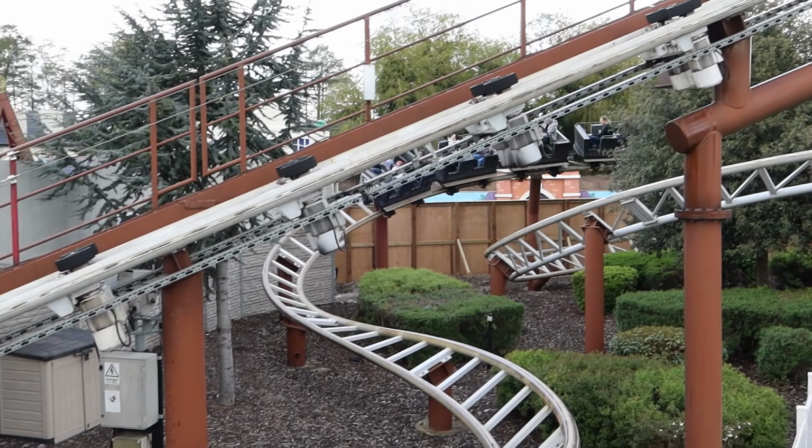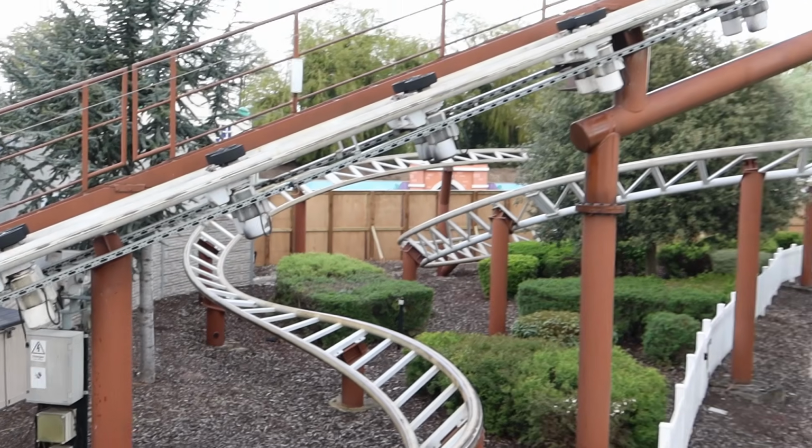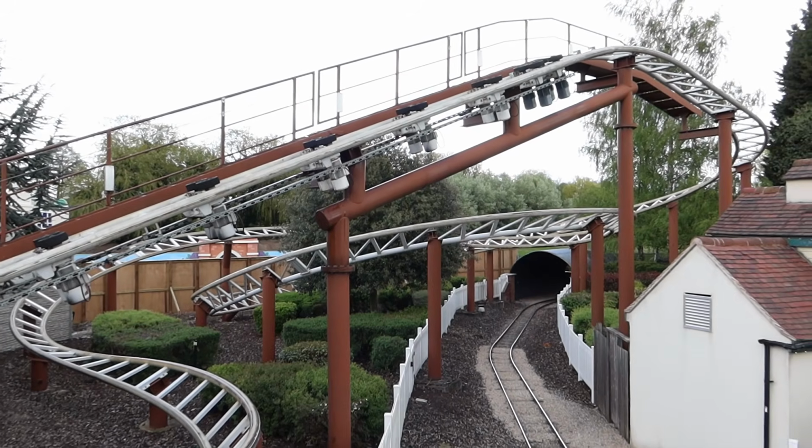This is a great photo opportunity. If you've got family and friends on there, want to snap a picture, you come up to the top. But yeah, we'll go and show you the restrictions board, and then also I've got an on-ride POV filmed with